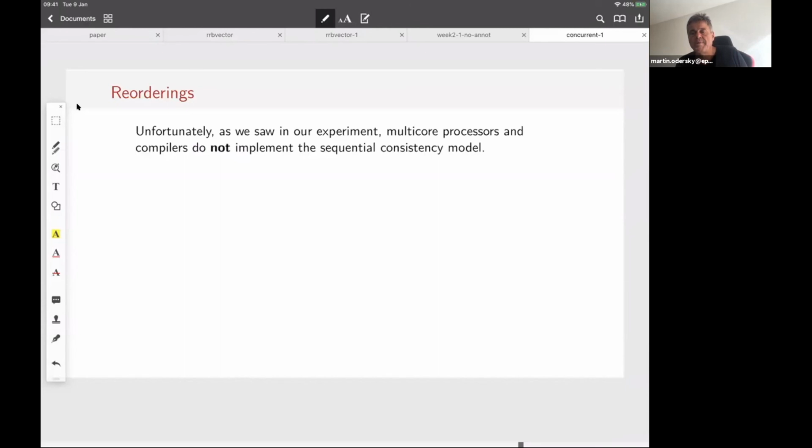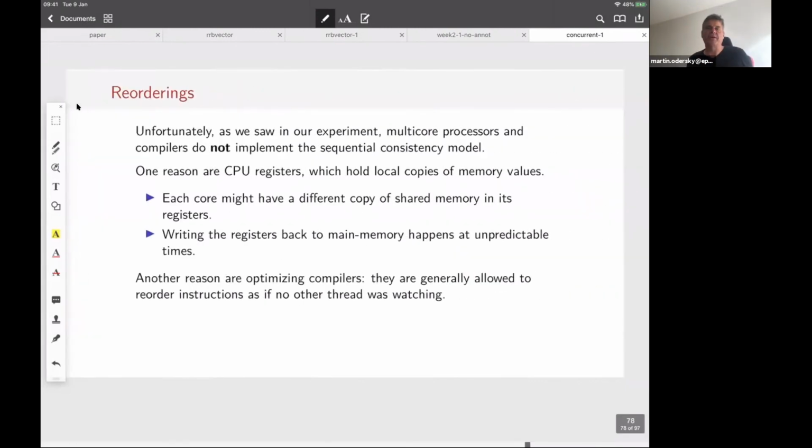So typically people deem that too expensive because, like I said, concurrent programming is all about speed. So essentially a penalty of 20 or 30% was seen to be unacceptable. So we do not have the sequential consistency model.